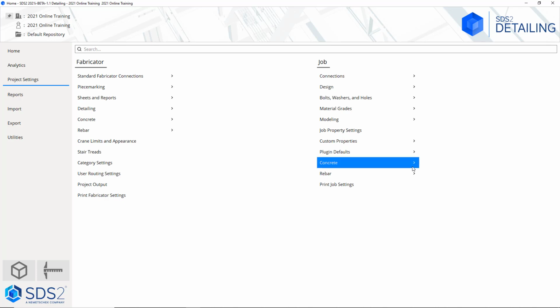We do have our concrete and rebar tabs down here, which we won't get into right now, but this allows you to set up concrete and rebar information if you do have that information present. For now, we will go over to our fabricator setup. So our standard fabricator connections